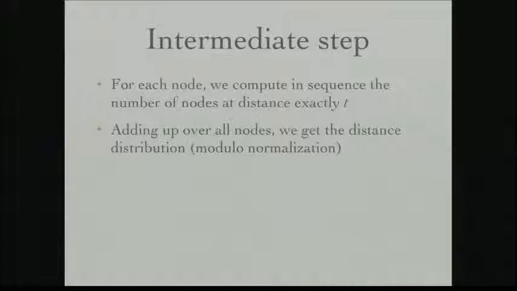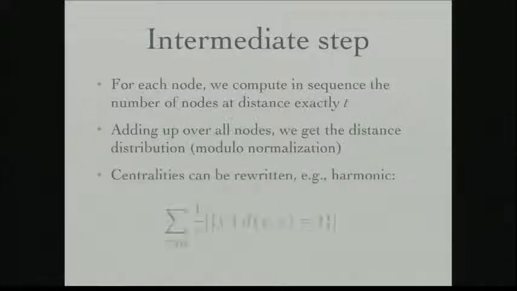Nice. But you can also do other things like centralities, because the formula I've shown you can be easily rewritten in a different way. So this is just harmonic centrality, but instead of adding the reciprocal of the distances, I count the number of nodes at distance t and multiply this by 1 over t. This is just a different way of writing up that sum. Okay? It means that I count 1 for the nodes at distance 1, then I weight by 1/2 the nodes at distance 2, and then 1/3 the nodes at distance 3, and so on. But the nice thing is that I just have to know this number in sequence for every t